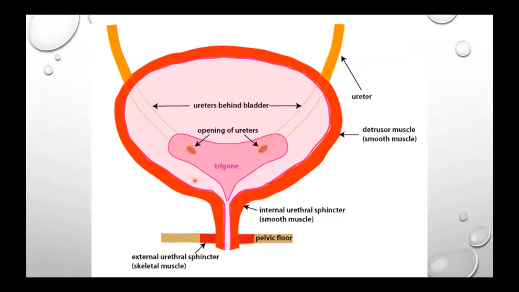You can see in this picture, these are the openings of the ureters on the posterolateral angles of the trigone. This area we call the ureteric fold. The line connecting the two openings of the ureters inside the trigone, we call the interureteric crest or the bridge. And you can see the apex is ending at the internal urethral orifice.